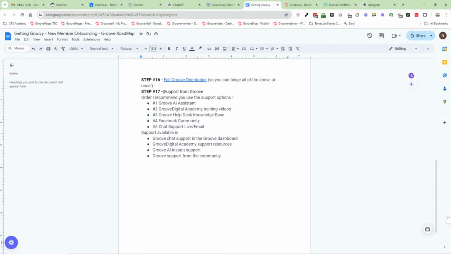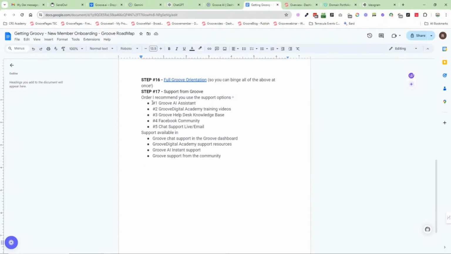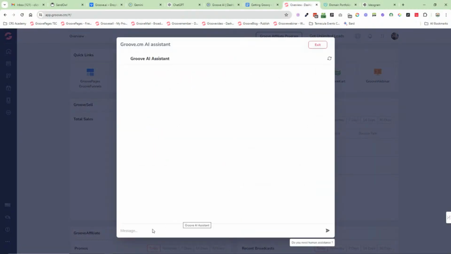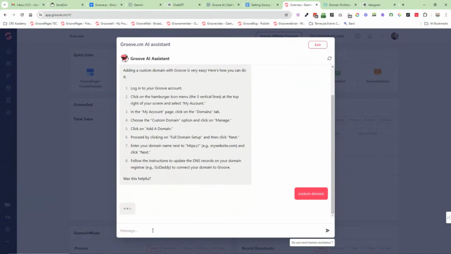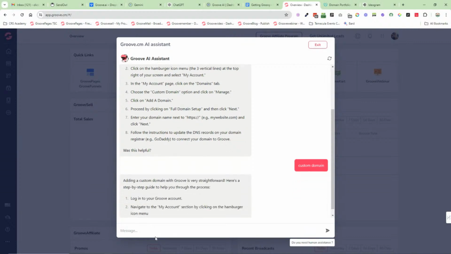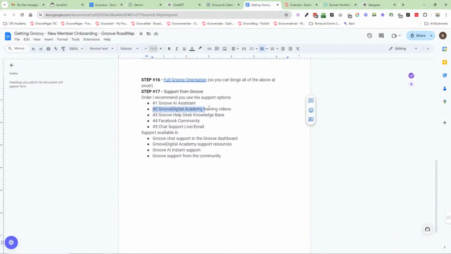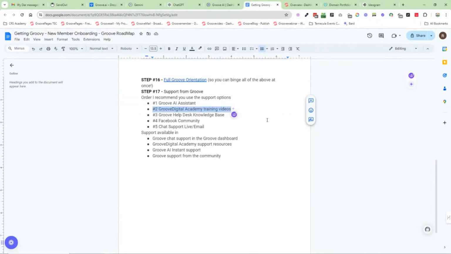Would you mind if I recommend the process to get the best support and your answers the quickest? Here's the order I recommend. So you don't know the answer to something. First things first, in the dashboard is your little AI assistant. Go and ask him your question. I normally type it in, it's already there, custom domain. Boom, he will normally spit out the correct answer, follow that. You don't have to wait for support. Nice and simple, takes you 30 seconds. If he doesn't have the answer, screenshot it and send it in to support because we want to be able to fix that.